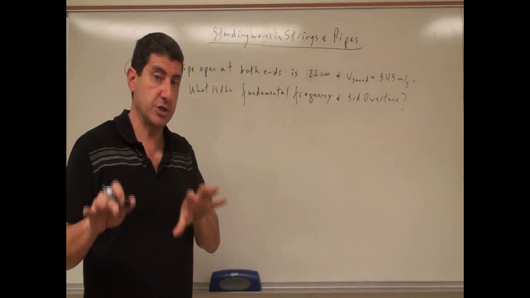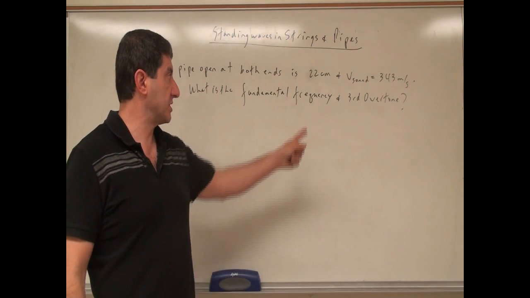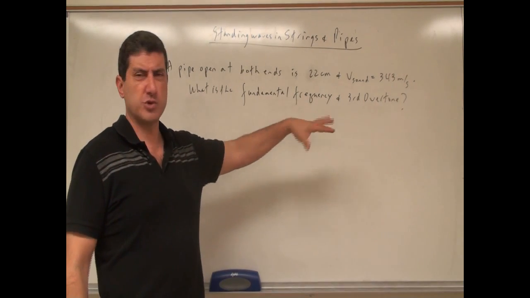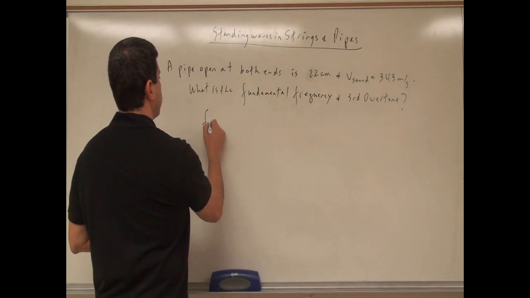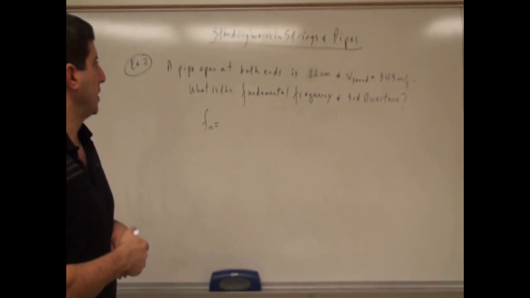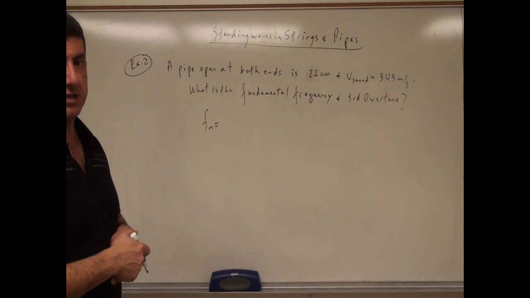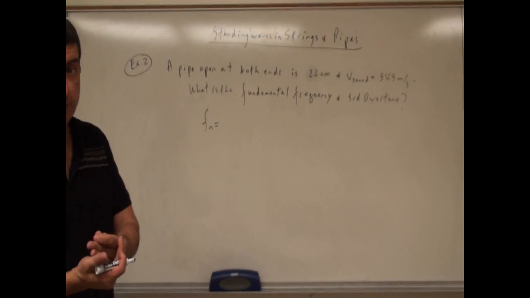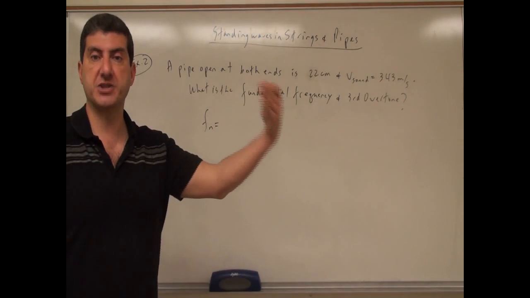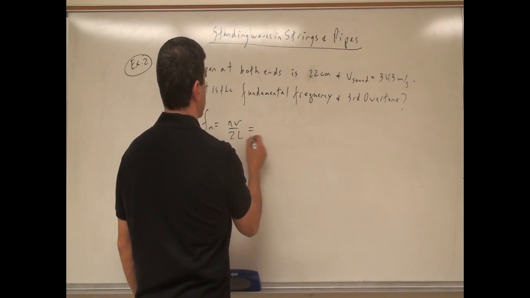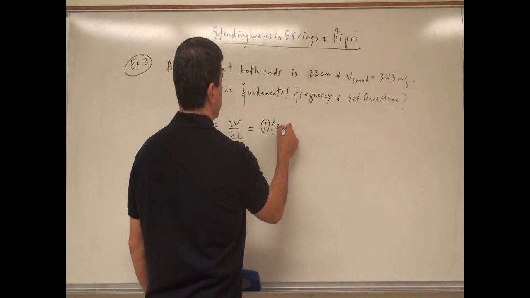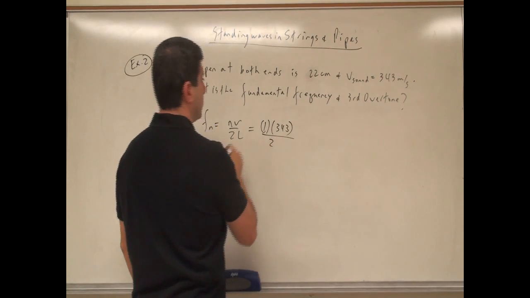So I'm asking a similar question to the one I asked for the strings, fundamental frequency and third overtone, so we can compare them and see how different this will become, right? Fn, which equation do we use here? Open at both ends is the same equation as closed at both ends, which is also the same equation as the strings, right? So it's just going to be nv over 2L. So we're going to put n equal to 1, 343 over 2, and then the length